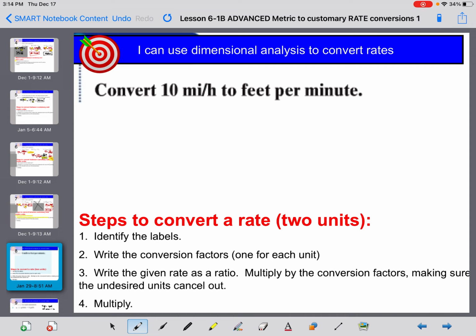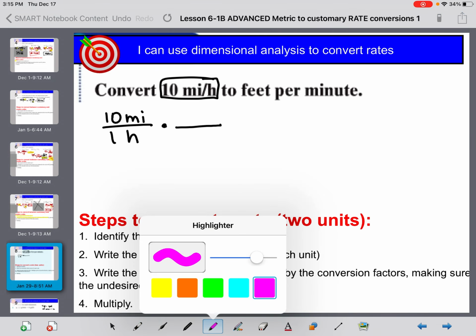The first step is to write your rate as a ratio, 10 miles over 1 hour. See, that's the same as this, isn't it? Now I need to multiply by 1 conversion factor to go from